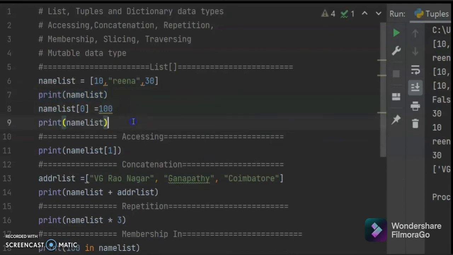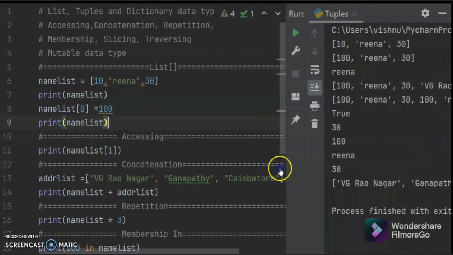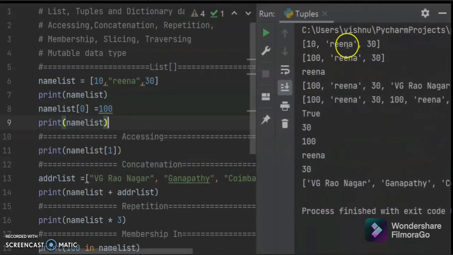Let me check and see. You see first 10, Reena and 30 has come. Now what I am doing, I have changed the 0th index as 100.